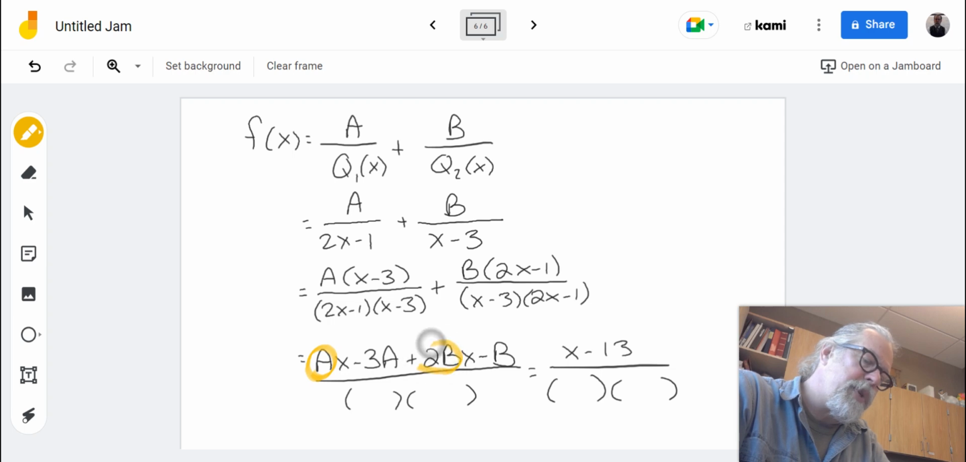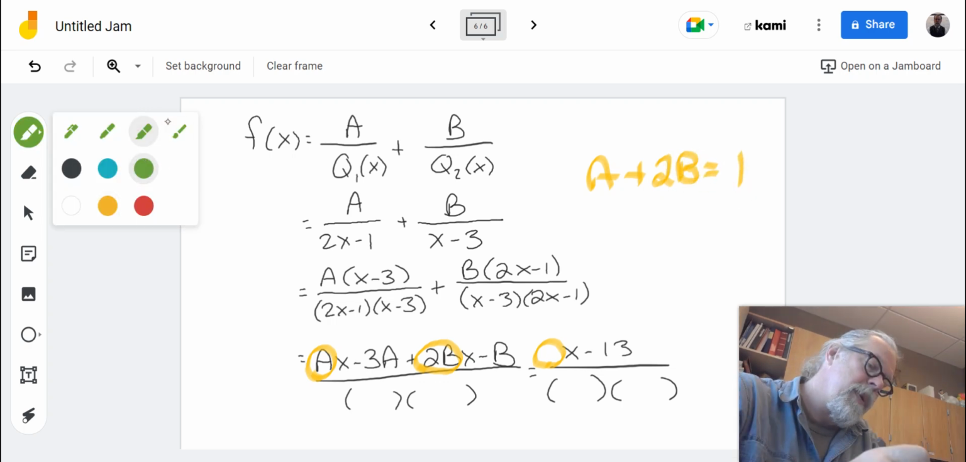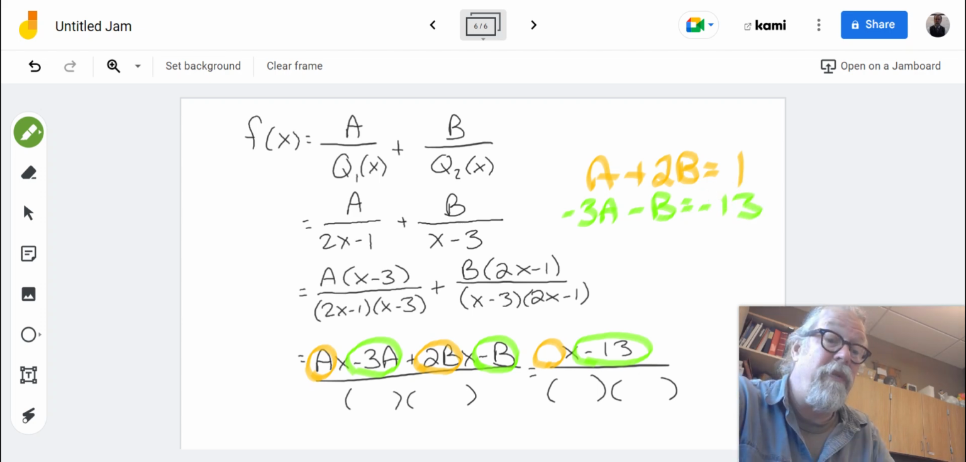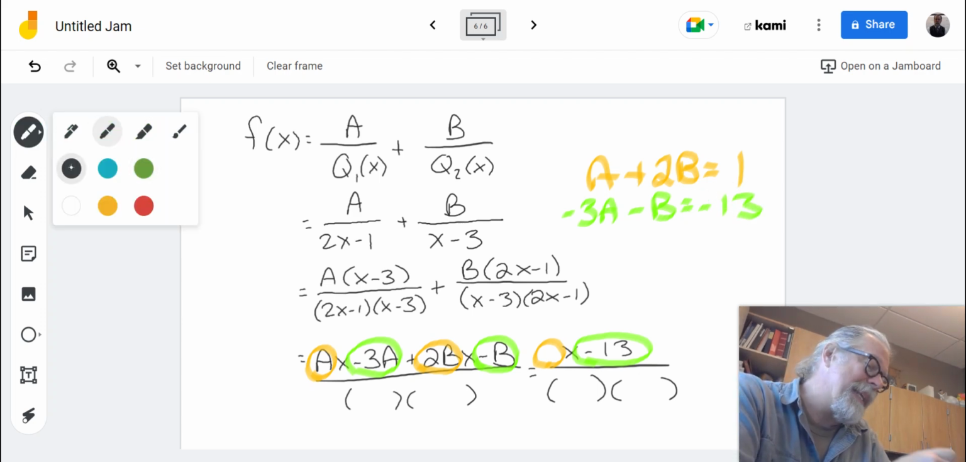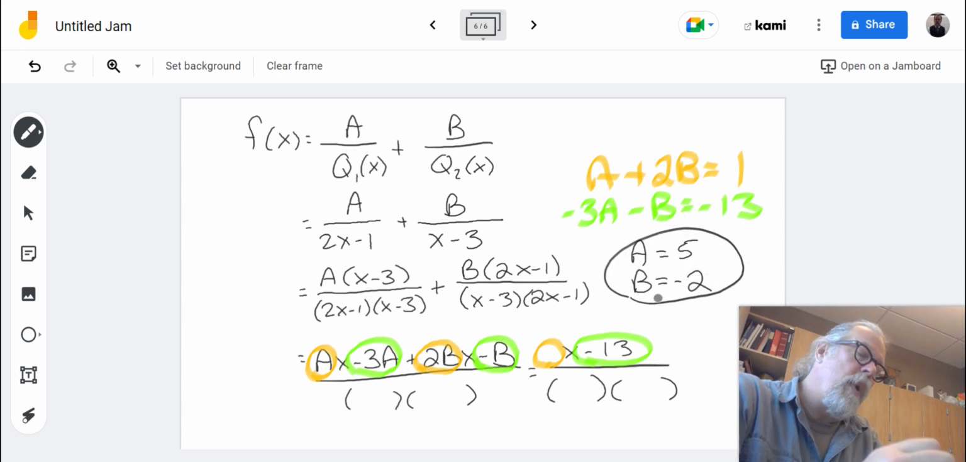ax plus 2bx equals 1x, so a plus 2b equals 1. And I've got negative 3a minus b equals negative 13. I've got a system of two variables, two equations, which I can easily solve using a variety of strategies. And what I discover is that a is equal to 5 and b is equal to negative 2, which now